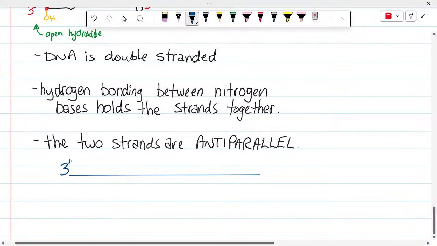So if this is in the 3' to 5' direction, then the second strand will be in the